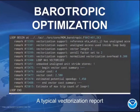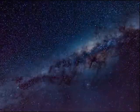So a third example is the barotropic solver. That was the most expensive function in our profile. This was an interesting one. I couldn't find anything wrong with the code, but it was refusing to vectorize. So I had to look at what's called the vector report. This is an example of a function that is being sort of well analyzed. So if you don't know this, what Intel does,